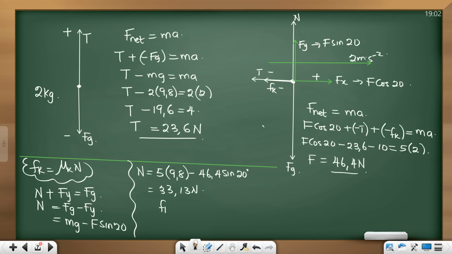So what is my friction? We know the friction, right? What's our friction? 10. Mu K, 33,13. So what is my coefficient now? 10 divided by 33,13, because we divided both sides by 33,13. No, we divide both sides by 33,13. Your answer should be 0,